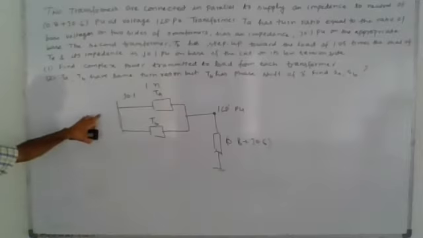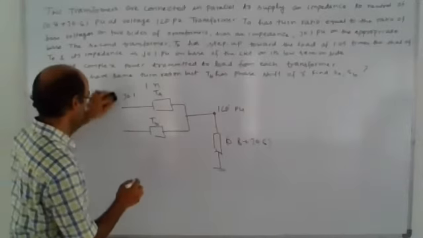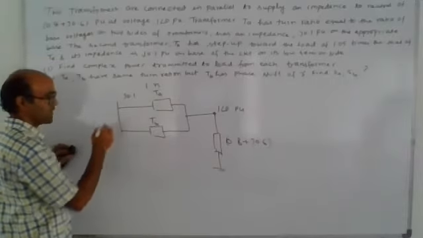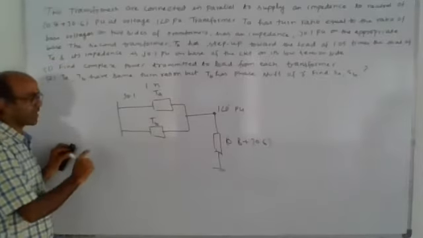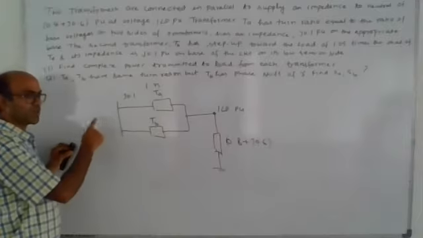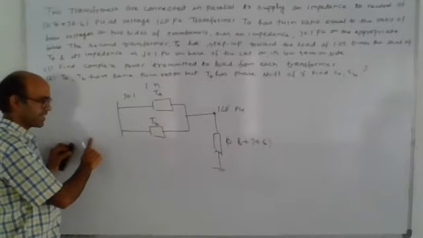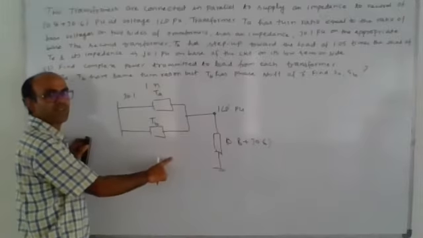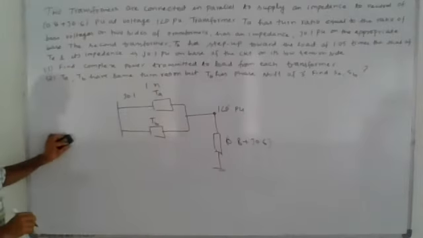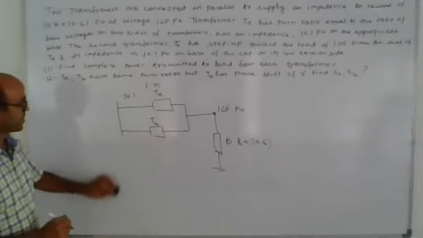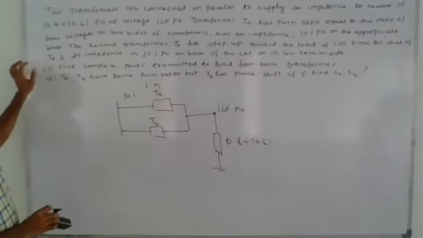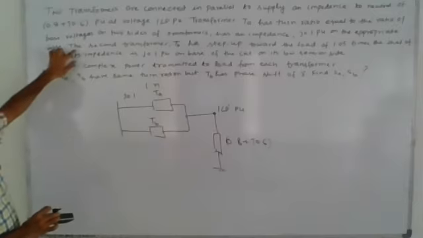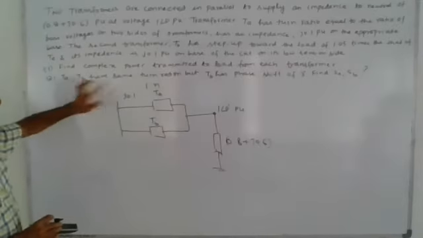You have to know that in the transformer per unit impedance, the equivalent impedance is the same. Otherwise, on a particular base, the primary side per unit impedance is not equal to the secondary side per unit impedance. Equivalent impedance is the same. This you know from per unit computation of a transformer. So this is on the appropriate base, that is on the primary side.